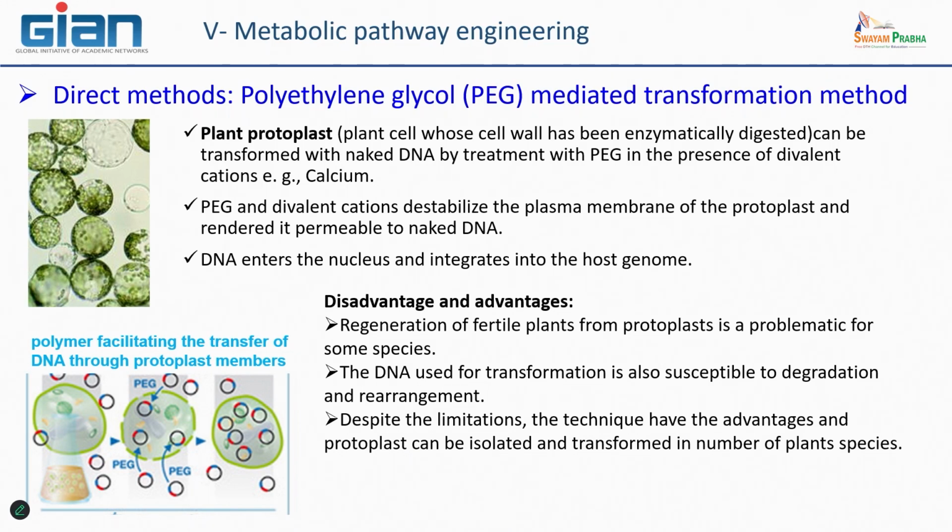And if you have lots of DNA outside, it can be a possibility to permit DNA to enter, but you don't control what happens with your DNA once it is going inside the cell. So it's less precise and less fine than the use, for example, of Agrobacterium. There is some advantage. It's quite easy and fast to do. The disadvantage is that you have no control of anything, to be quick. And you have no control of how many copies of DNA you enter in this system. So it could be quite difficult to manage.